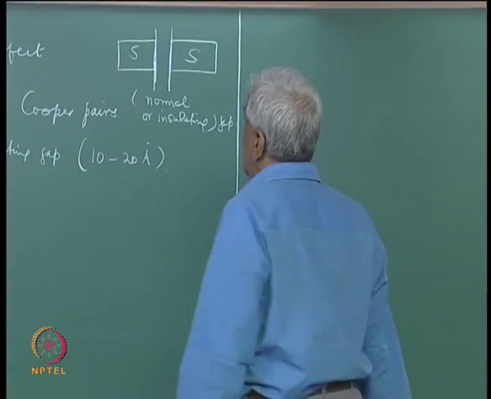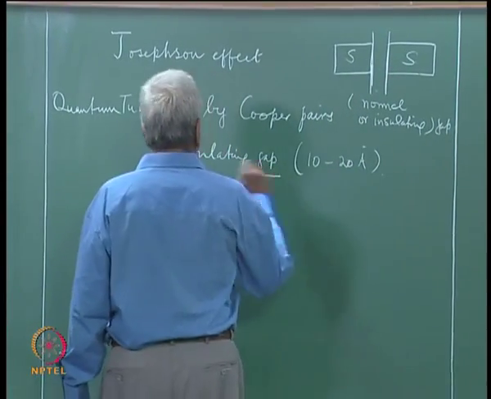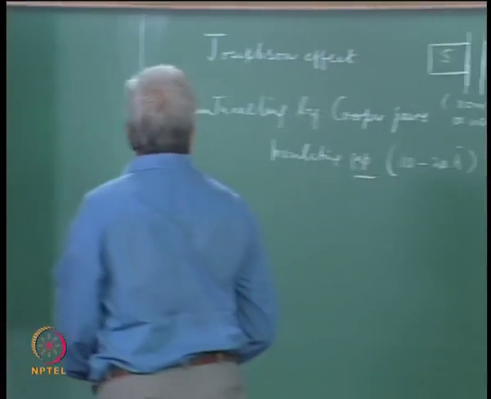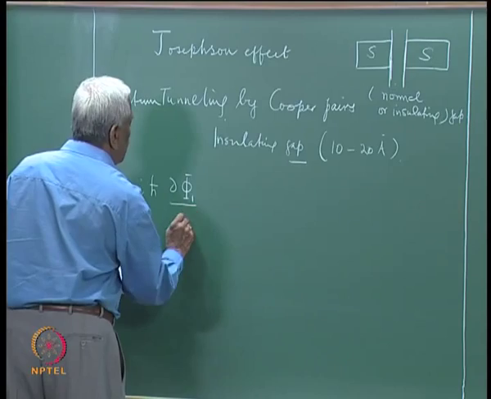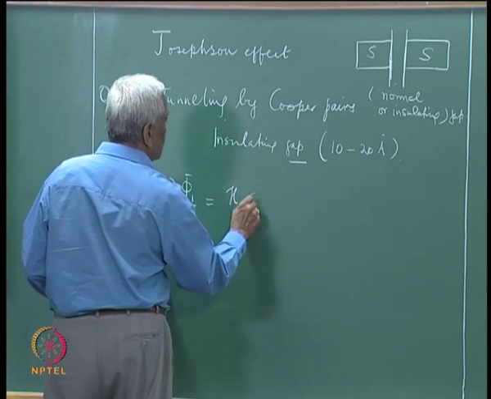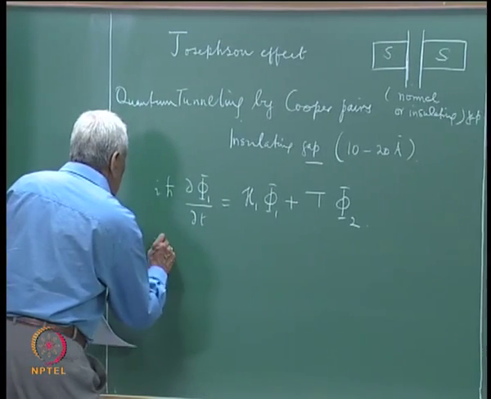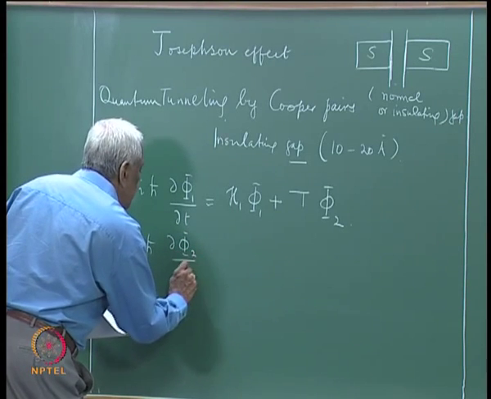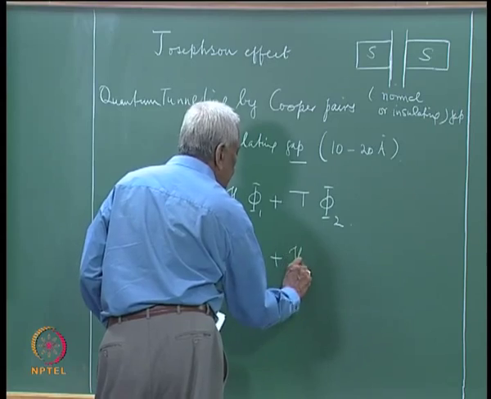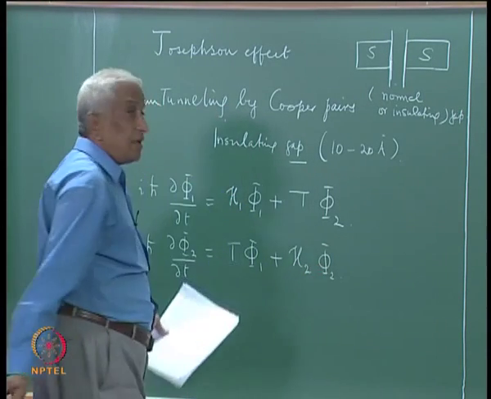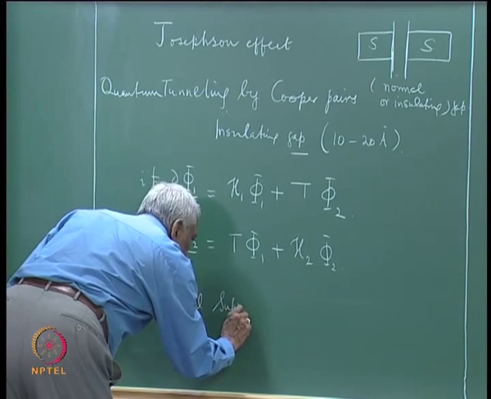So, the Josephson tunneling demonstrates the quantum mechanical nature of the superconducting state, and this tunneling is described by considering the two superconductors as two quantum systems and writing the Schrodinger equation, where phi 1 and phi 2 are the quantum mechanical wave functions, and a similar equation for the second superconductor and the time dependence of its wave function, which is given by. So these are the basic equations, and if we have identical superconductors, for simplicity,